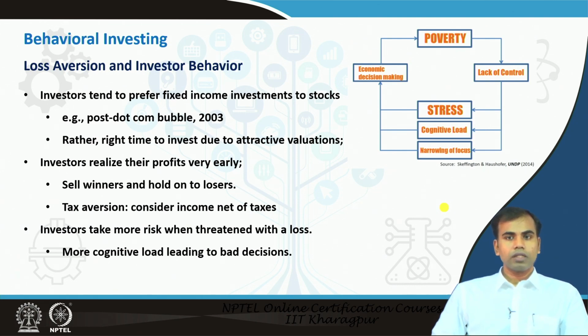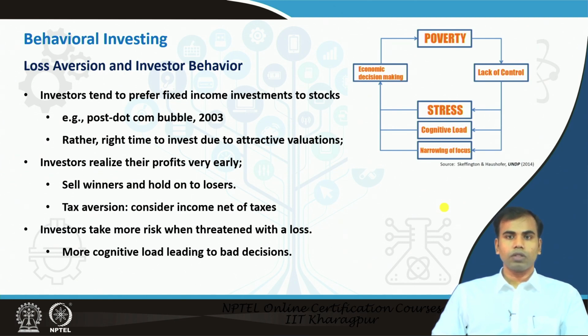Now, these biases can actually affect your decision making, and that can be shown with the help of a very standard structure given by a research done at UNDP in 2014, where they tried to exhibit the decision making process of individuals who are facing resource constraint. In their construct, if you look at the graph, the process shows that when people are faced with poverty, they basically